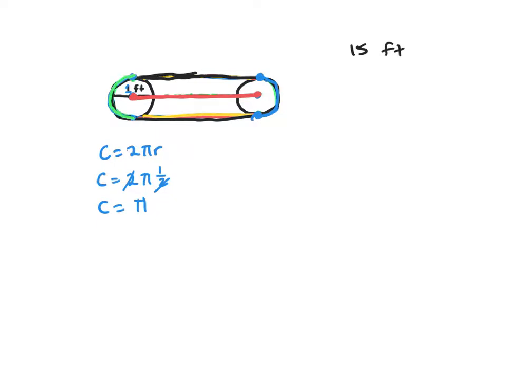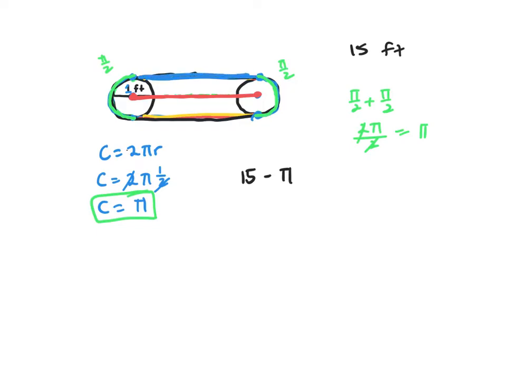So let me change to green. From there to there would be pi over 2. And from here to here would be pi over 2, because it's just half a circumference, and this is the entire circumference. But pi over 2 plus pi over 2 is 2 pi over 2, which is pi, which makes sense. So if you take your 15 feet and subtract off pi, what you're left with is that blue